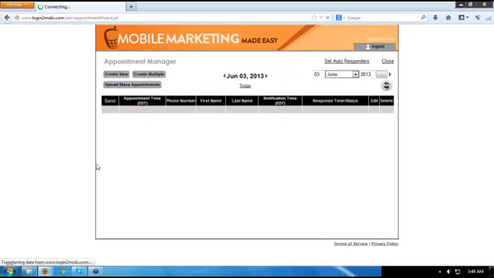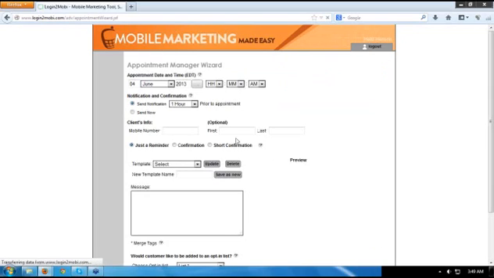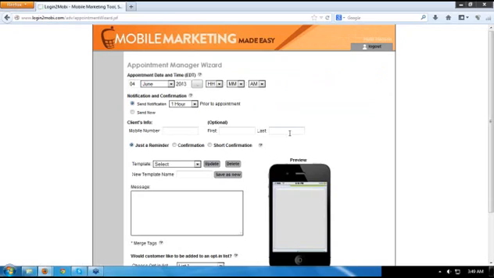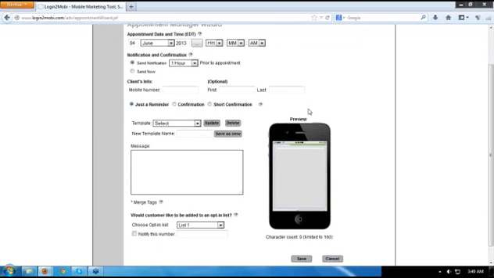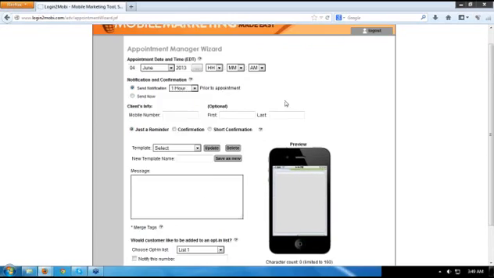Let me just show you one so that you'd see how the system works. Okay? So here, what it does is it allows you to have your appointment on the system, and you could actually remind or notify your clients if you have a dentist, a lawyer, or practically any business that needs an appointment, even restaurants, if they have reservations, for example, which also works as an appointment. You could notify them, for example, an hour before, or send them right away the notification.